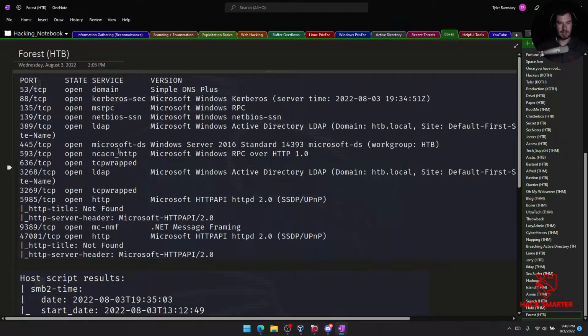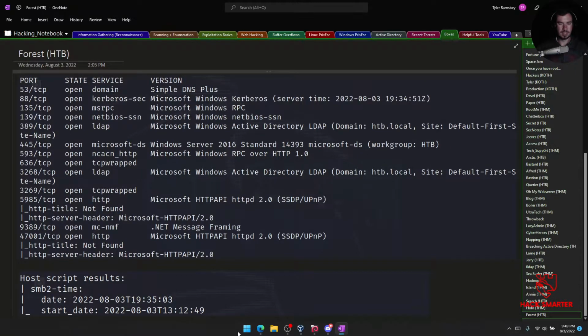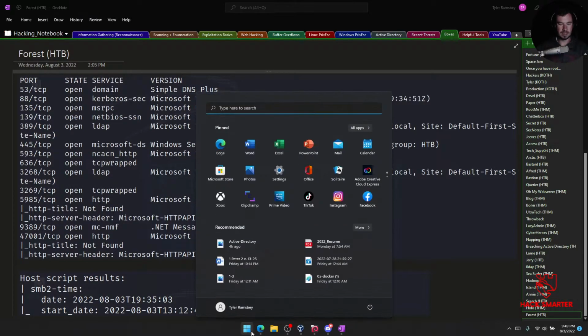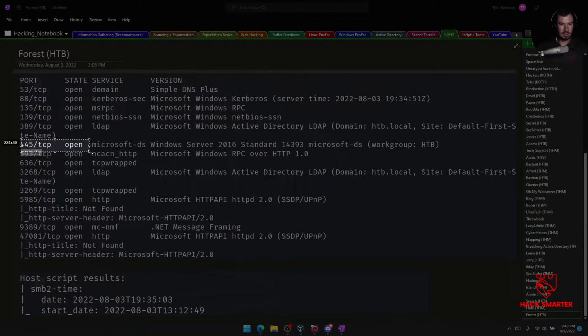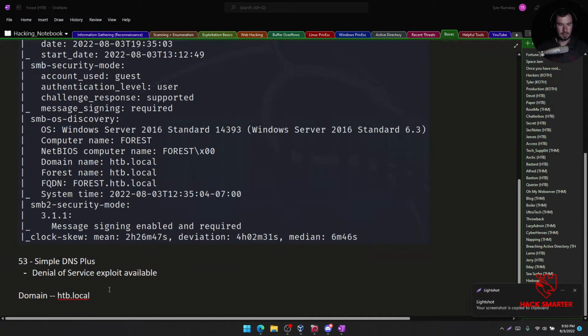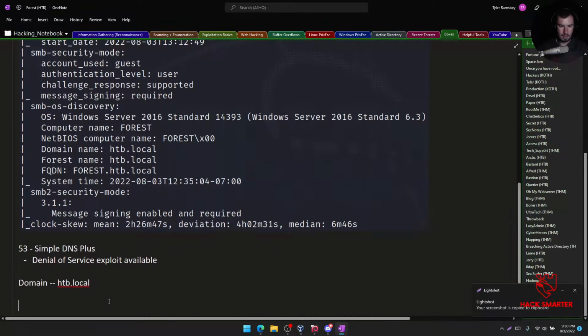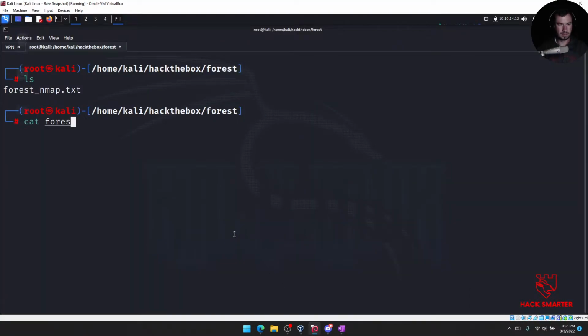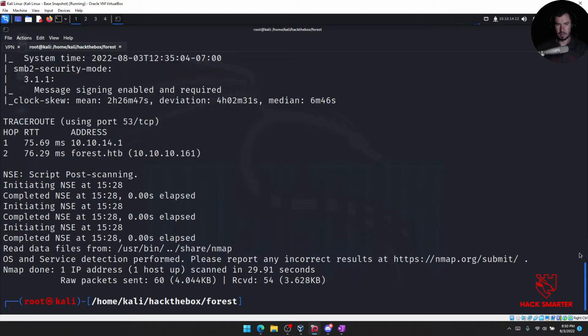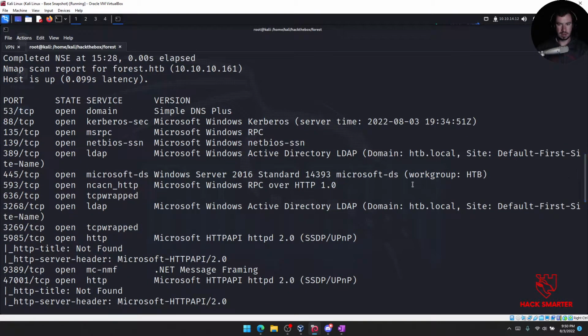On port 445, we're running Windows Server 2016 Standard. And our workgroup is HTB. So that is some interesting information. I'm just going to grab a screenshot of that exact information. I know it's kind of a screenshot of a screenshot, but that's something that stands out to me. And if we go to our scan here, we can see that right here. If we just look this up,